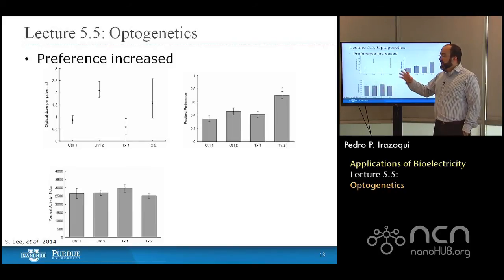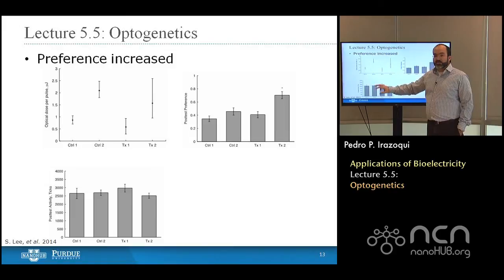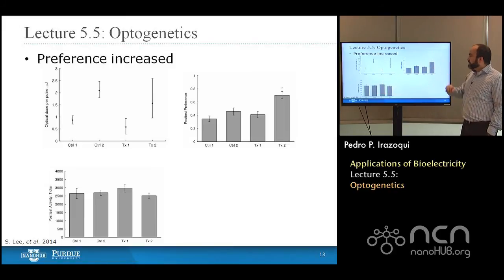So we're trying to rule out any other variables. That's what the controls are for. That's what this test is for. But let's look at post-test preference. And the question is, what is the preference to the light region over the dark region after they've been rewarded for being in the light region?